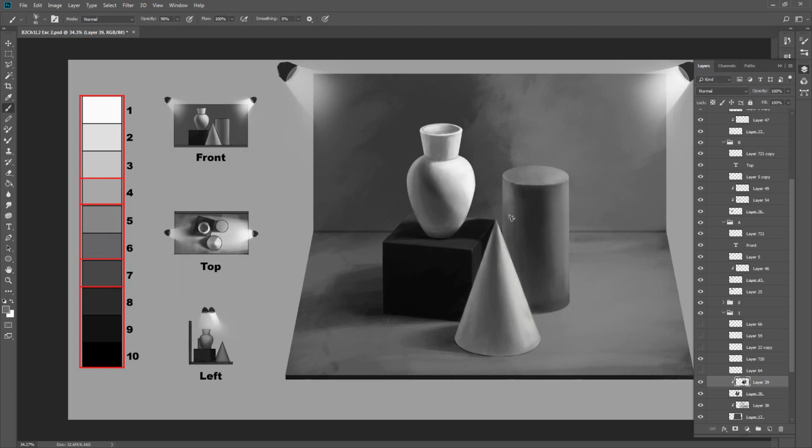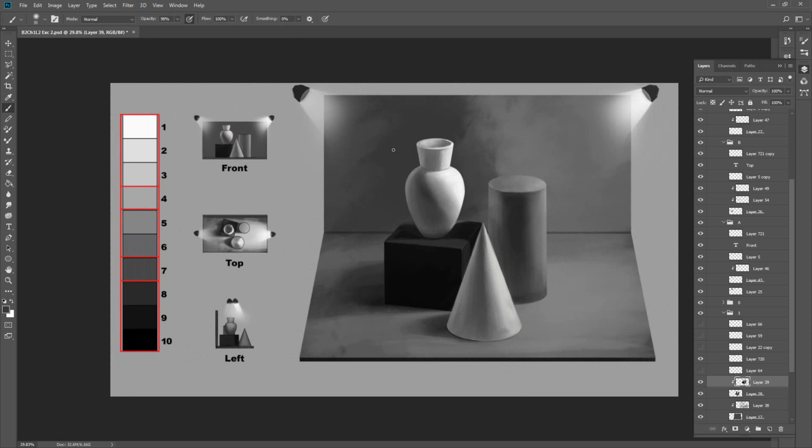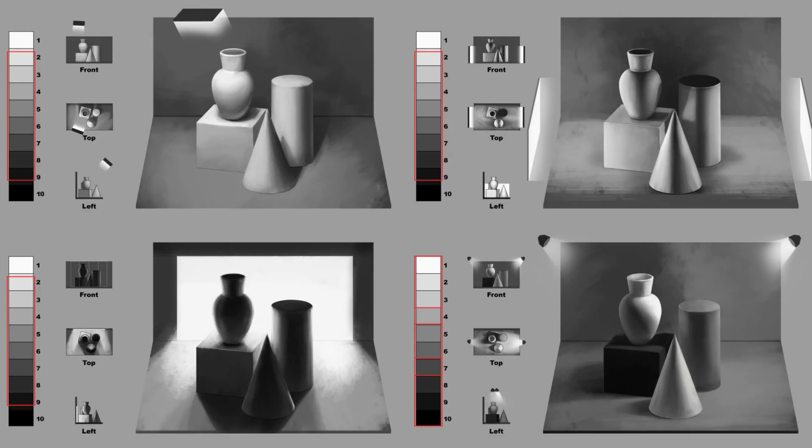Finally adding the contrast to the scene and enhancing the overall look. And it's done. And here are all the 4 variations of light for the set side by side. Now we move on to the last set example of the first part of the exercise video for lesson 2,